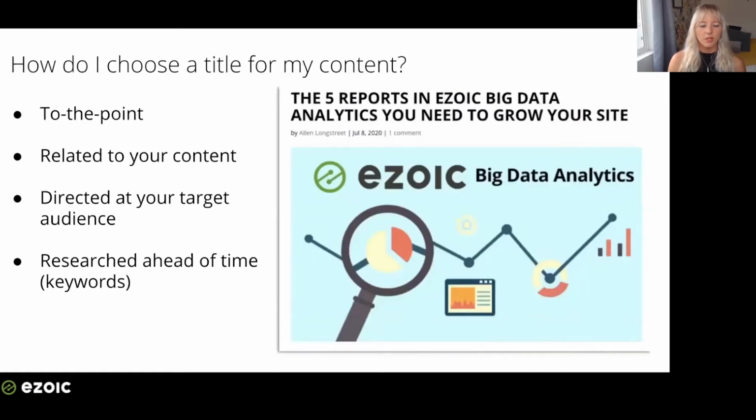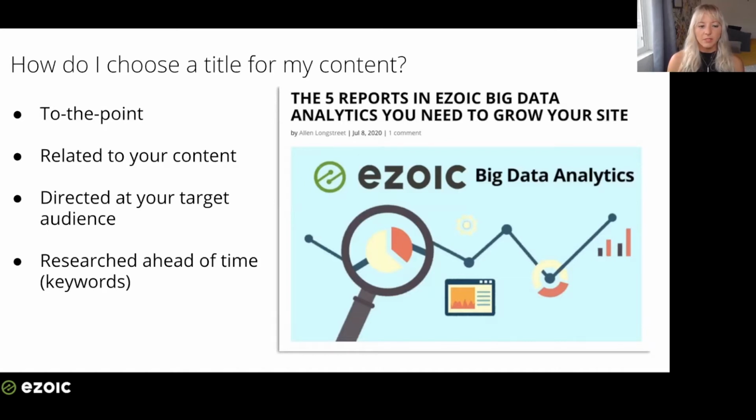So one of the most important things that you can do for your content is to create a main title that is both direct and true to whatever your content is about. The title and introduction should briefly, but also really clearly, relay what you are discussing in the article. You want something that is intriguing, but not overly clickbaity, to target your audience, whatever your target audience may be. It should be a relatively specific question that you can provide the answer to, and it shouldn't be too broad. There's just too much competition out there if you're going to go for something really broad, and your website is more likely to get lost in the mix.